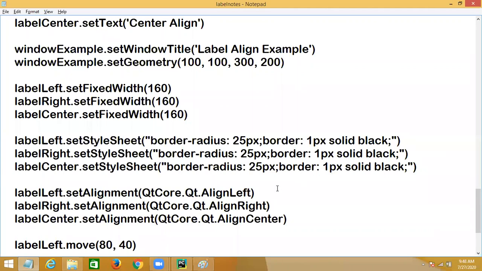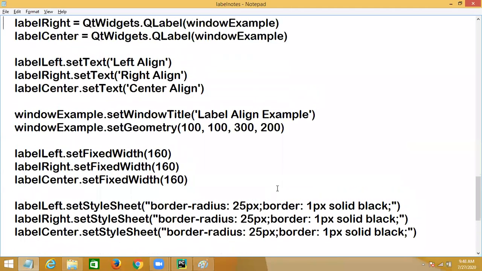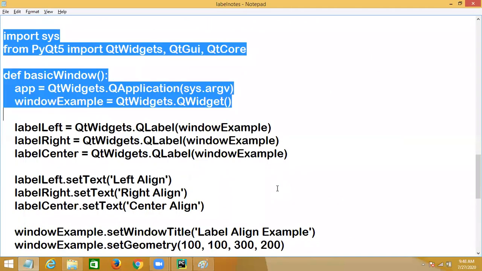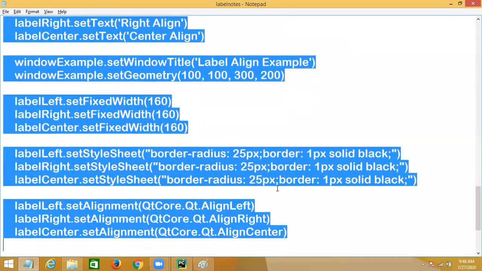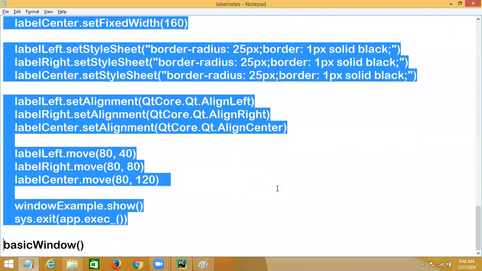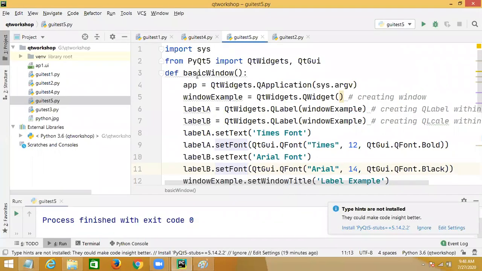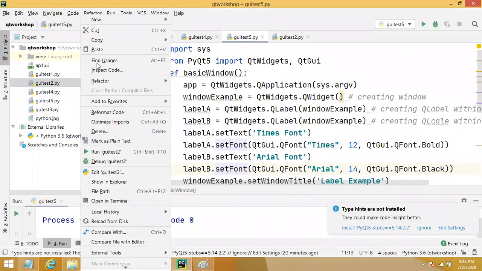I'll tell you that also, but first we'll complete this one and then we'll see how to set the color also. In this example only, we'll do the changes and we'll set the color also. Background color, foreground color, background color also you can set, right?